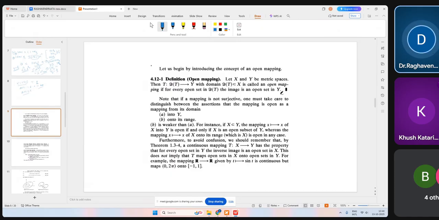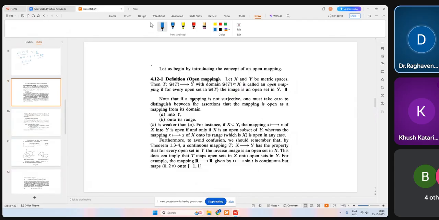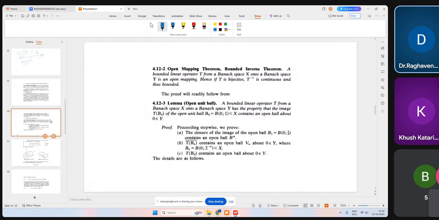DT is a subspace of X. So this openness in DT means it's a subspace topology on which it is open. Okay. So I will not give the details here. There is something here which we can see. That is the basic definition of